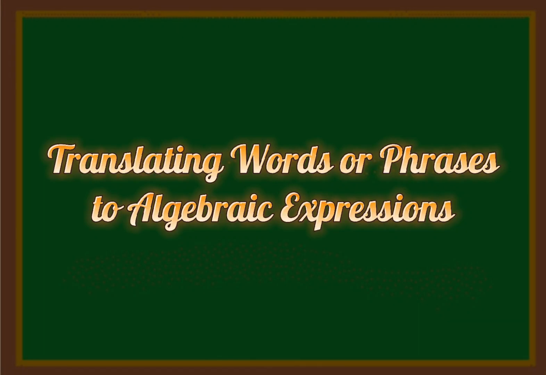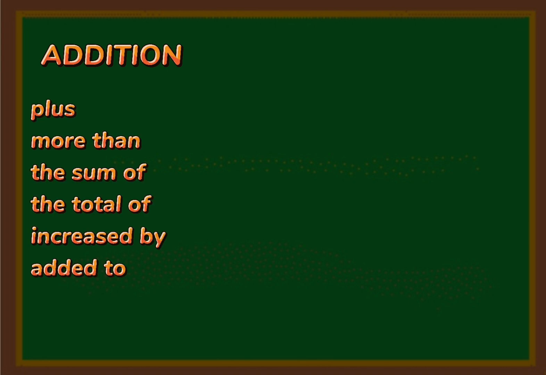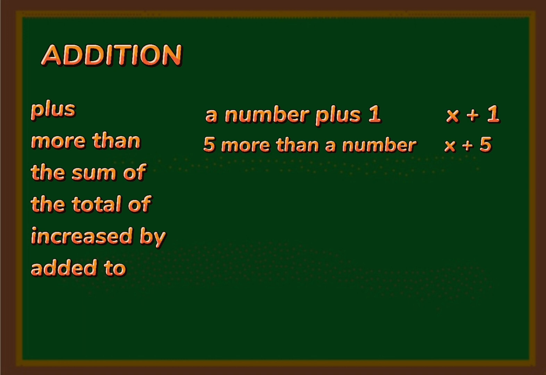Now here's how to translate words to algebraic expressions. Here is the list of keywords and phrases that are used to describe common mathematical operations or algebraic expressions. In addition, we have the keywords or phrases plus, more than, the sum of, the total of, increased by, and added to. For example, a number plus 1, 5 more than a number, the sum of a number and 6,